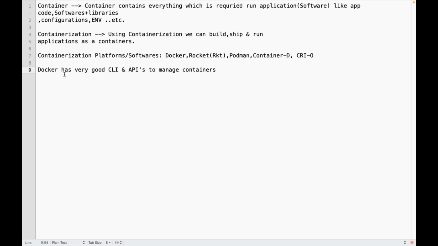There will be support from Docker, and some additional features will be part of the enterprise edition. When it comes to the community edition, it's free to use, with no need to pay. And it has very good CLIs and APIs to manage the containers and images.